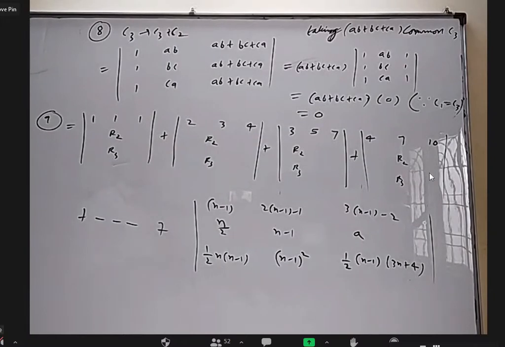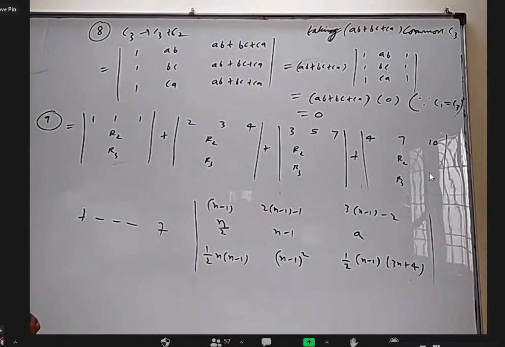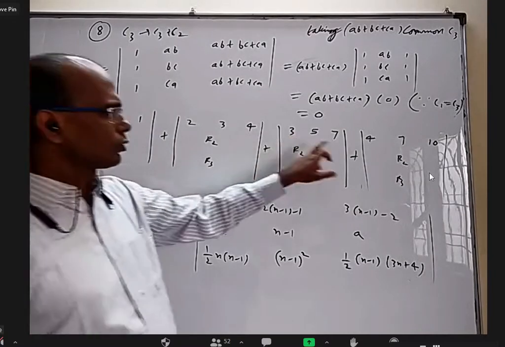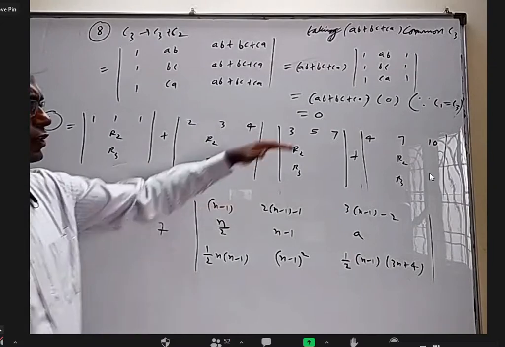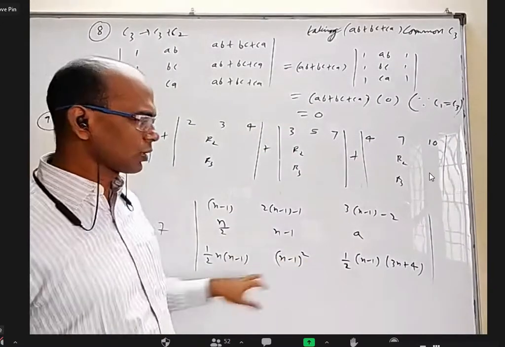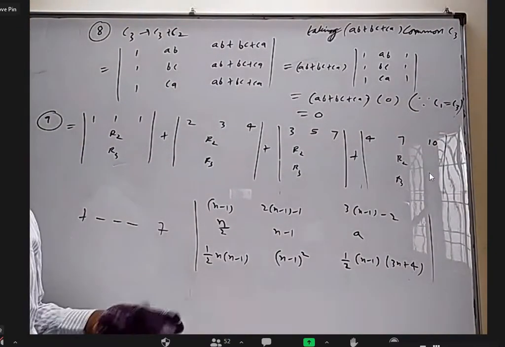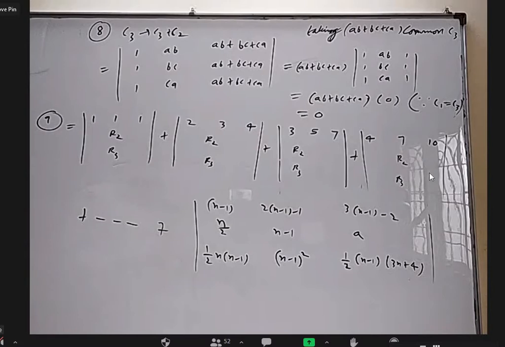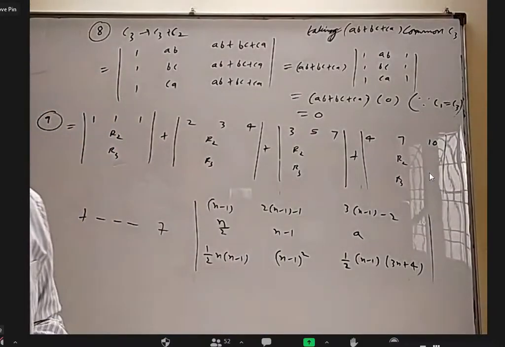So, because terms are in AP, we can say that the determinant is 0, sir. Not because terms are in AP. Sir, then because of what, sir? First of all, do you think these three terms are there in AP here by any chance? First row is in AP, but second row is not in AP. Third row is not in AP. All 3 rows should be in AP, sir. Yes, only one row is in AP. No, not necessarily. It is not that this 0, this 0, this 0, this 0 separated. The question is not based on that.